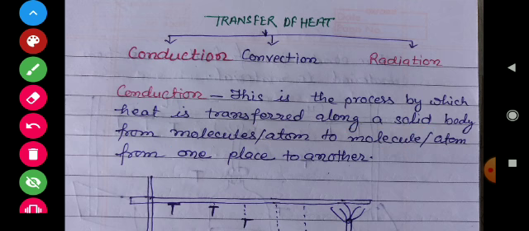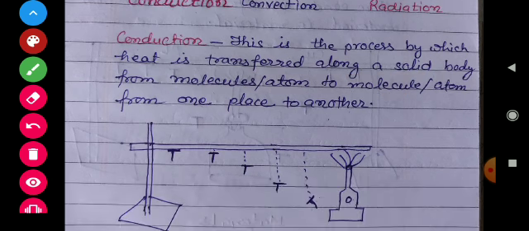And this we can understand by one experiment. In that experiment we will have to take a metal rod. You can see here there is one metal rod, and this metal rod will have to be arranged with the help of a stand. After arranging it, we will take a few nails, and with the help of some wax and heat, we will go on sticking the nails at these places.